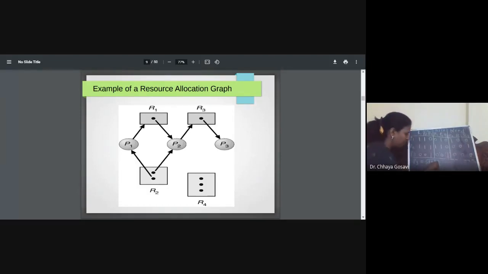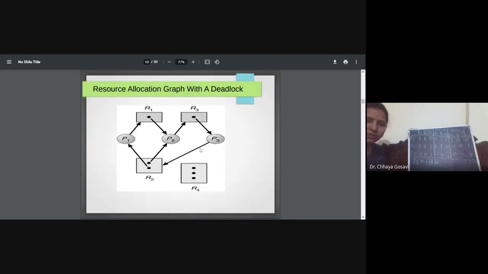It asked for one more resource of R2. So check whether the system will be in a safe state after granting this request. This is our second scenario: P3 is requesting one more resource of R2. First step is to check whether this request is less than need.